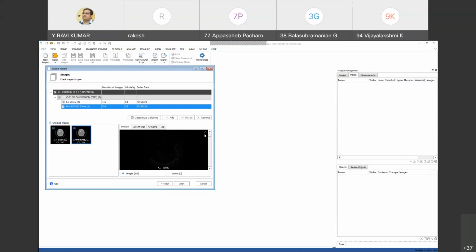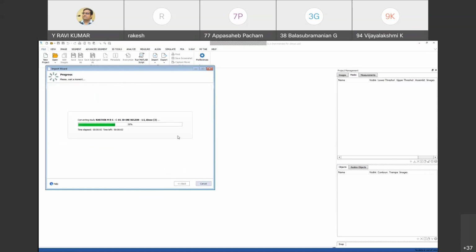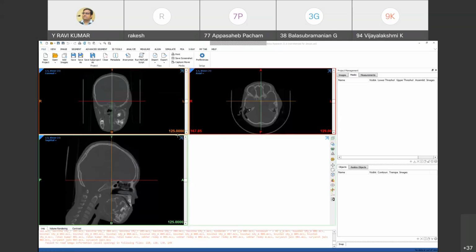So now click on open. Open. You see. The same way as in ITK SNAP also, we come up with the 4 views, right?